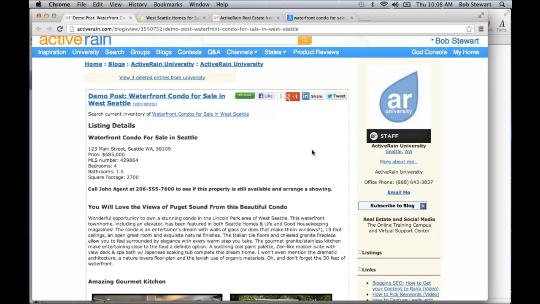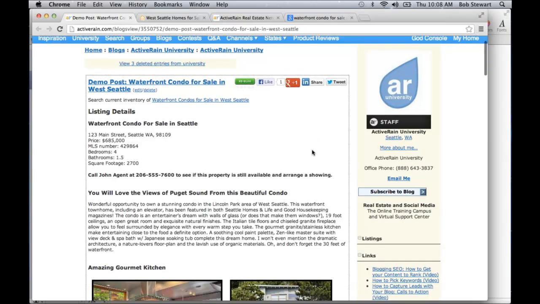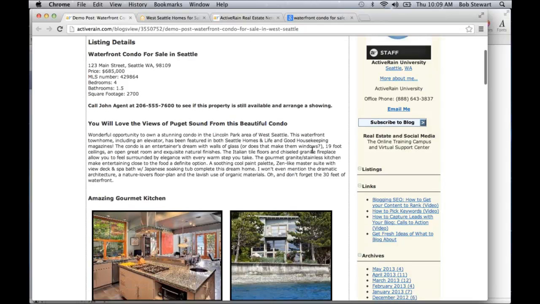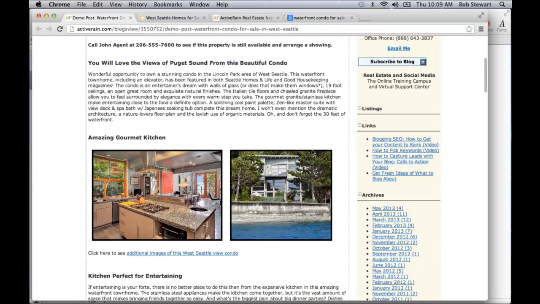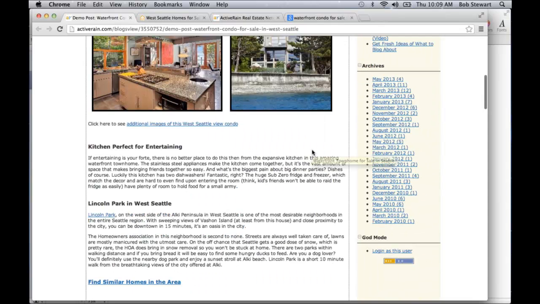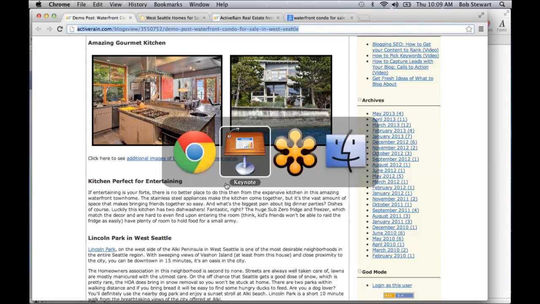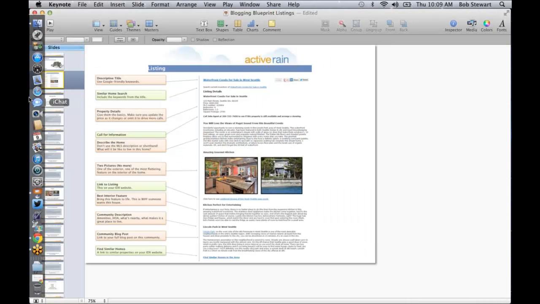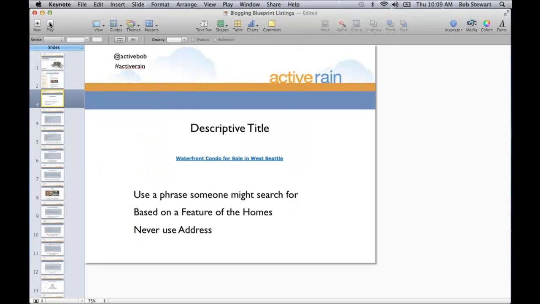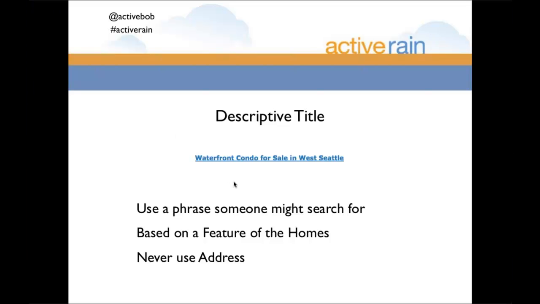All right, so we've got a listing. This is the one that we're going to review, and then we're going to go in here and break down each section. If you want to follow along on the slides, you can do that. If you'd like to use this URL right here, and Carrie will send that out to everybody, that might be a little bit easier for you to see. So let's get in here, and the first thing that we're going to talk about